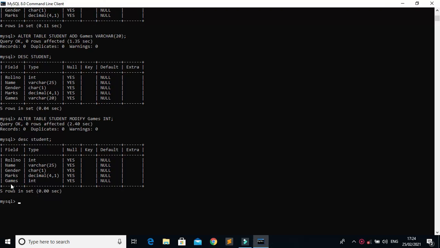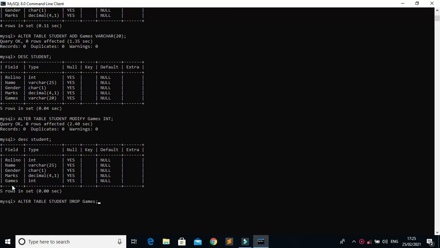Now the next one: if you need to delete a particular column, again let's take this one, that is games. If you want to delete the column named games, you can just write ALTER TABLE, the name of the table, that is student, DROP. Which column do you have to drop? The name of the column is games, and semicolon.